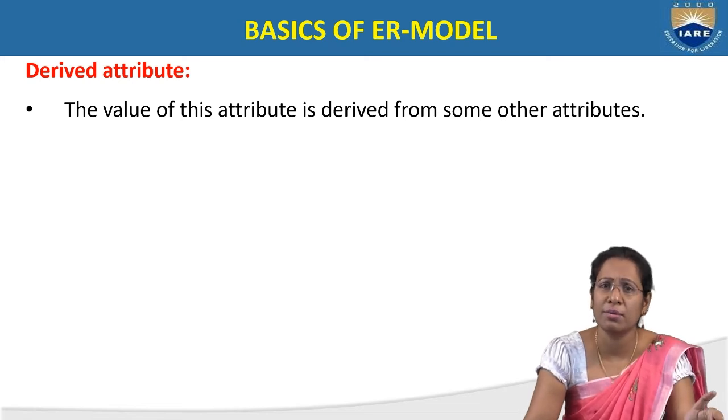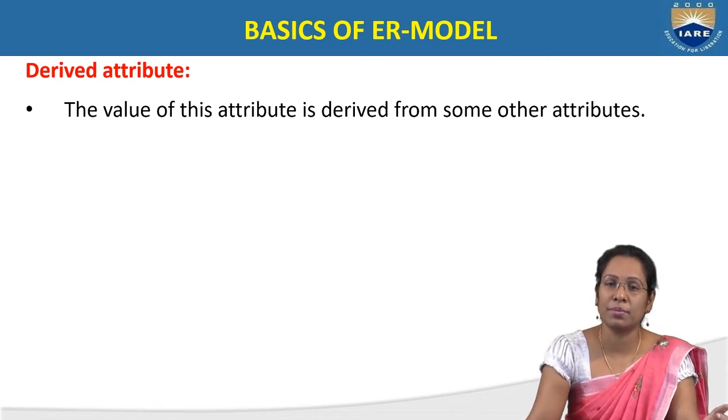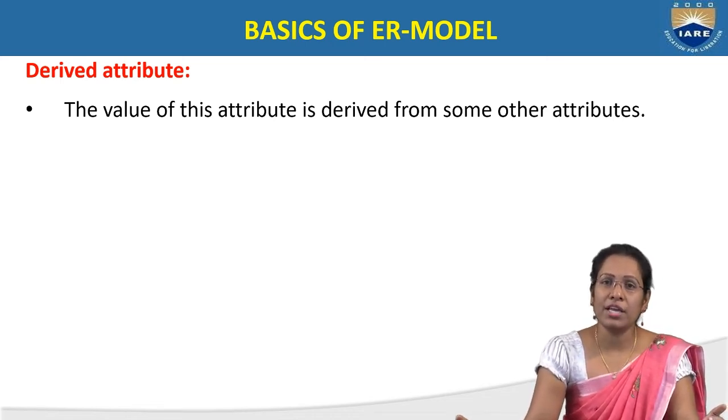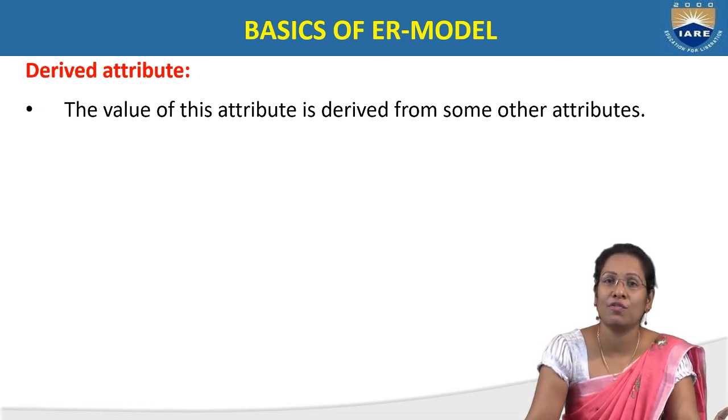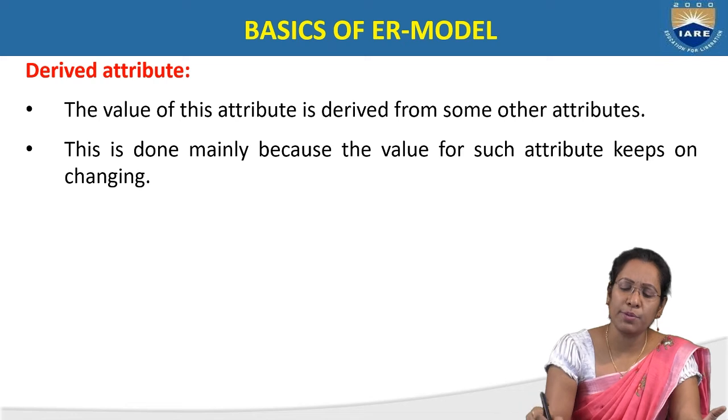Every time we need to approach the stored attribute, because the age of a person keeps on changing. The age of the person for the current year is different from the age of the person for the next year. So every time we need to extract the value of the age of the person from the stored attribute, that is date of birth. Based upon the date of birth only, we can get the correct value of the person's age. That's why, because we are extracting, this will keep on changing.